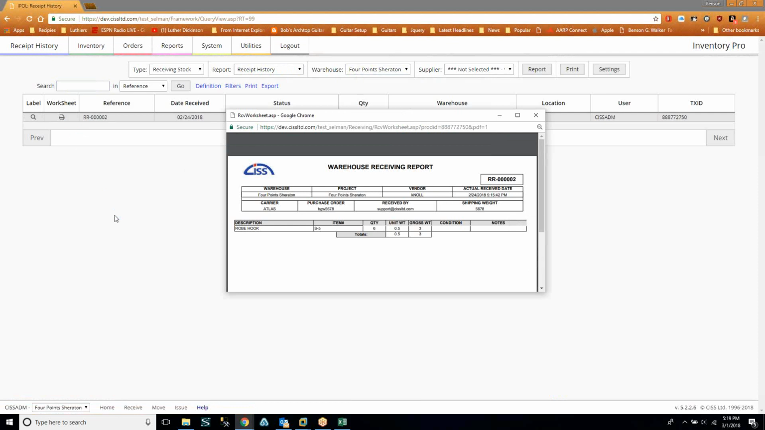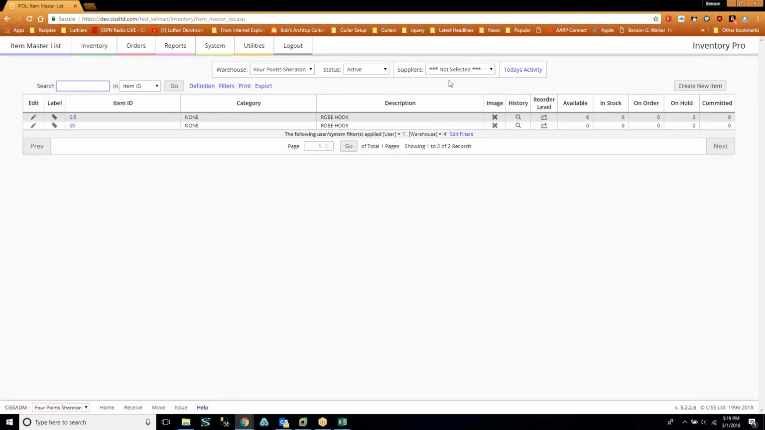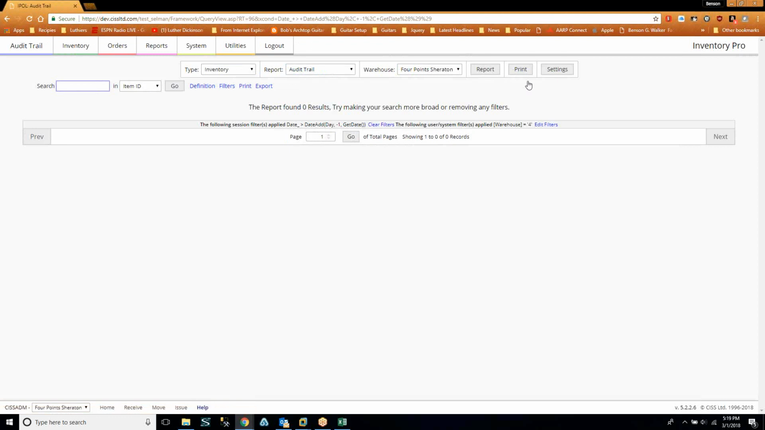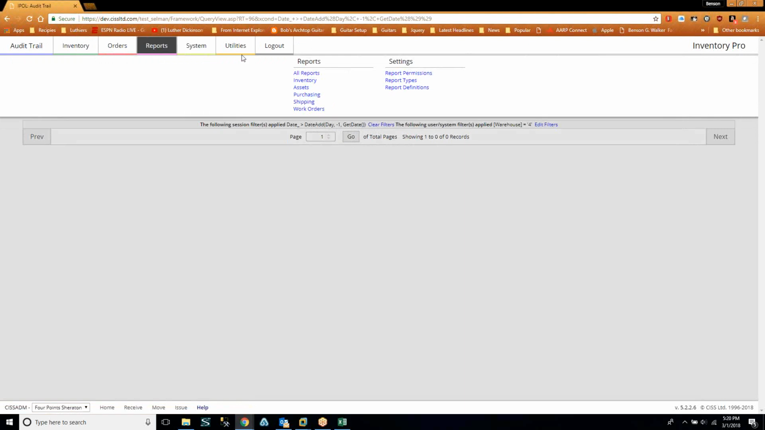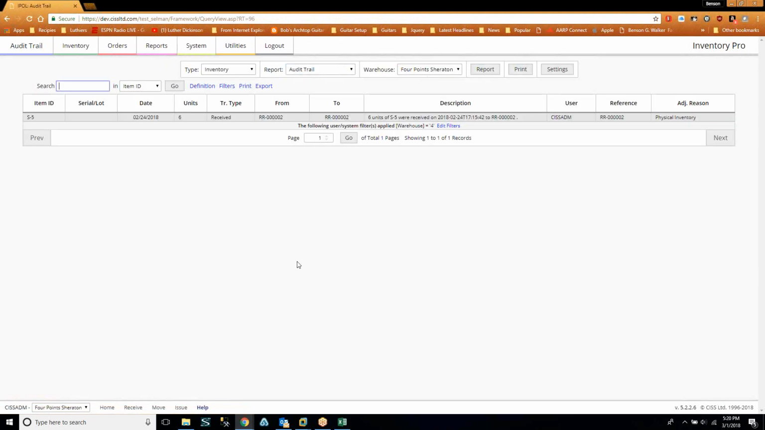Search the history of S5, how do I do that? Audit trail, probably, right? Audit trail. Look at today's activity. Oh, that's nice. Doesn't work, huh? Inventory, audit trail. Right, but that's